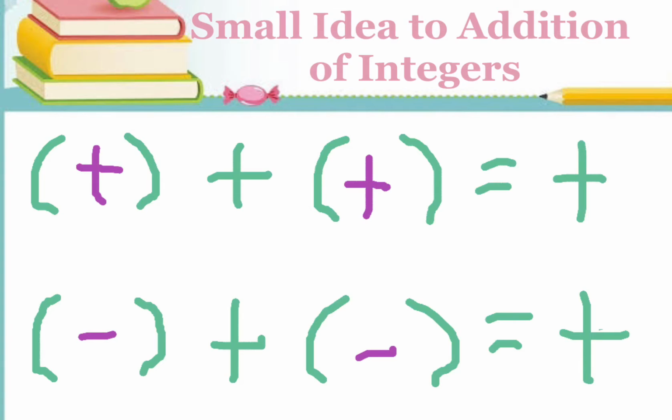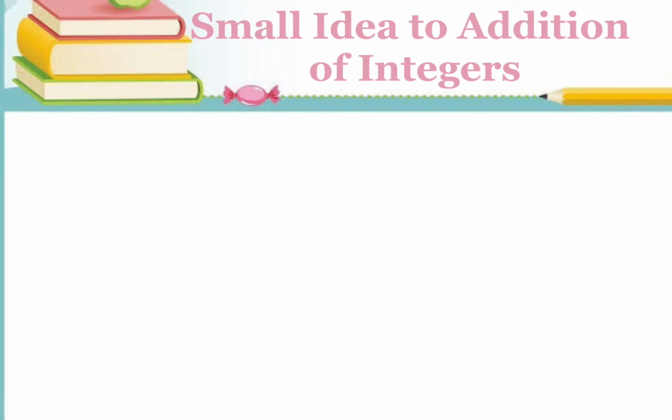While doing operation, you must remember that if you are doing addition of two positive integers, then the operation will be addition only. And if you are doing addition of two negative integers, then also you have to do addition operation. But what will be the sign? The sign of plus with plus will be plus only, and the sign of minus with minus will be minus only. I guess you will get more idea when you watch this video. So watch this full video to get the content.